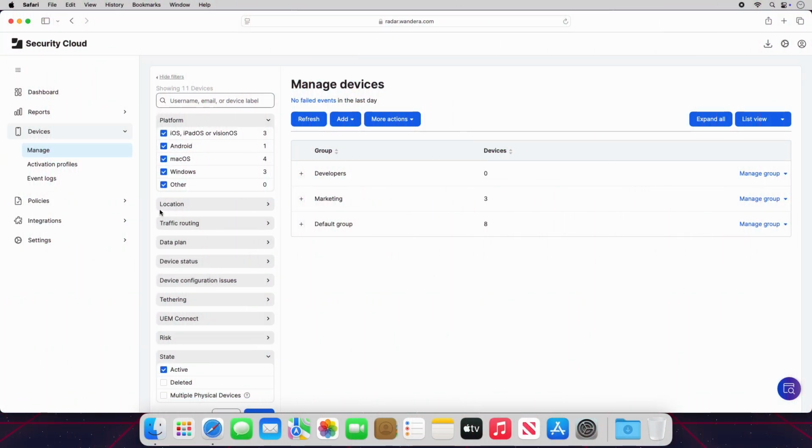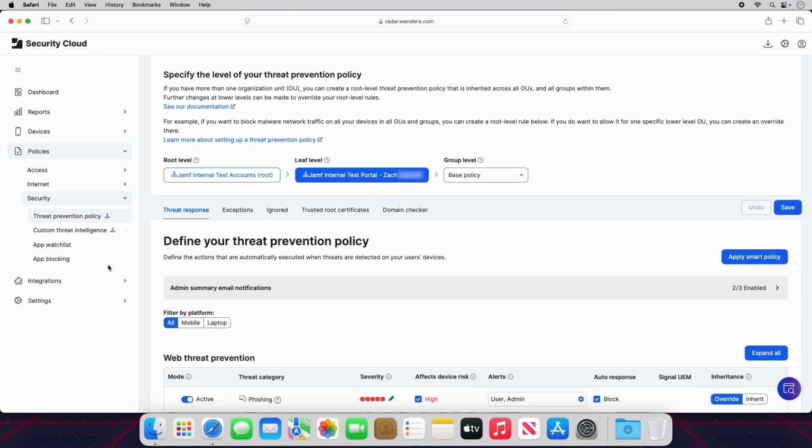Let's start by navigating to Policies, Security, Threat Prevention Policy. Here's where we can determine how detected threats are reported and remediated. Under Group Level, the base policy applies to the default group of devices in this organization. The base policy is typically used to ensure all devices within an organization comply with its security program and acceptable use policies. As configured by default, this policy ensures your organization is protected against the broadest range of threats, vulnerabilities,